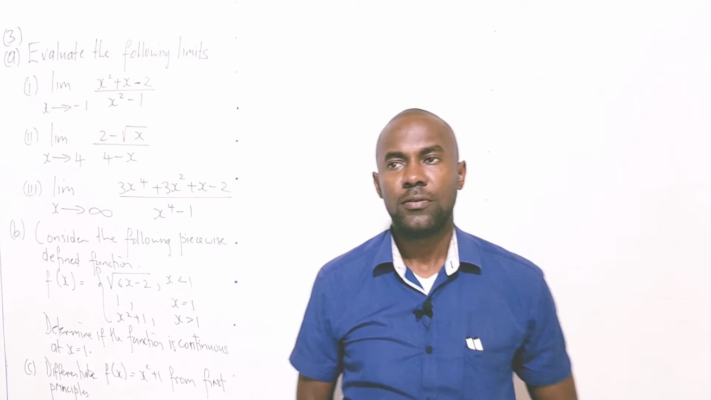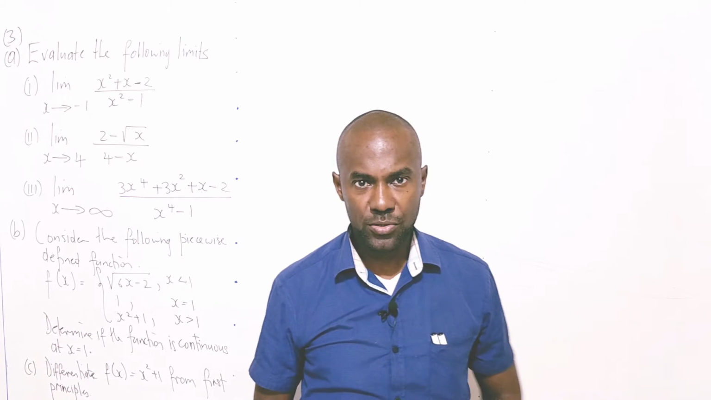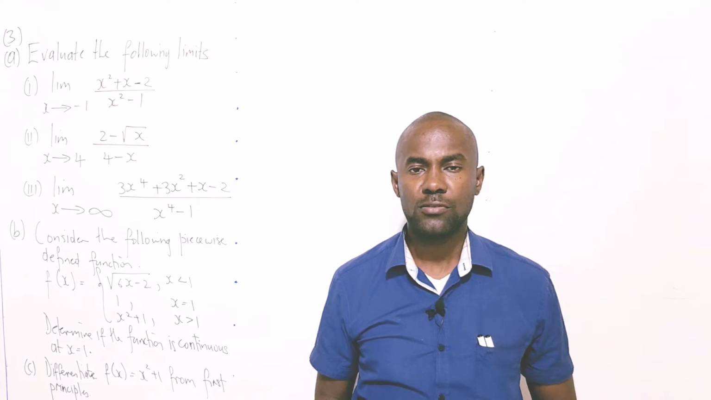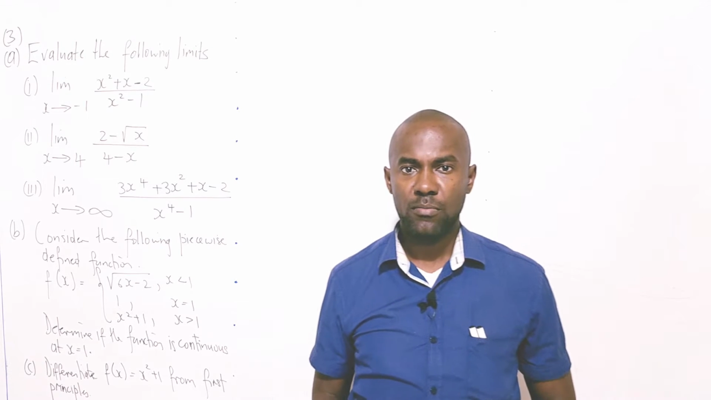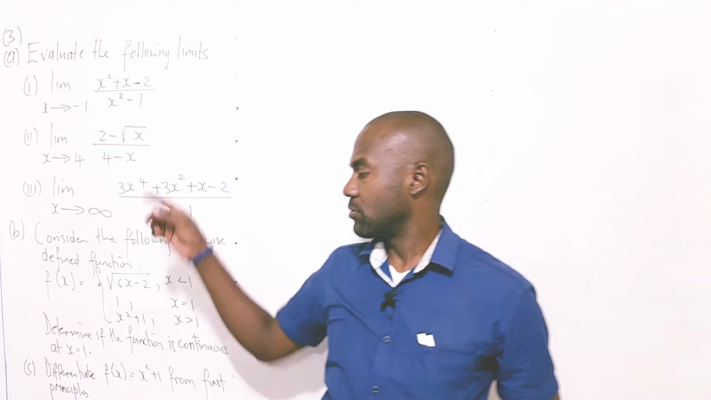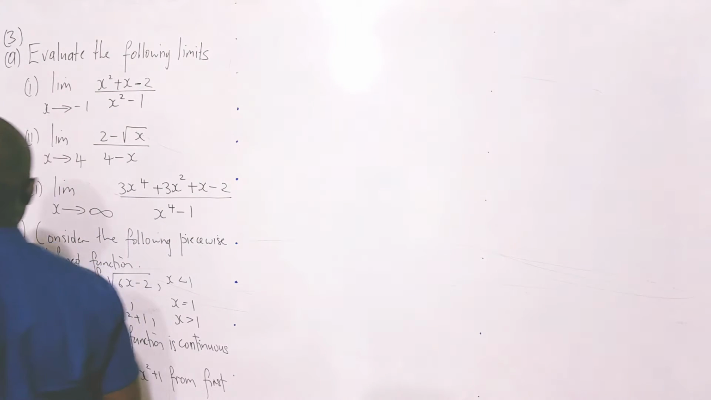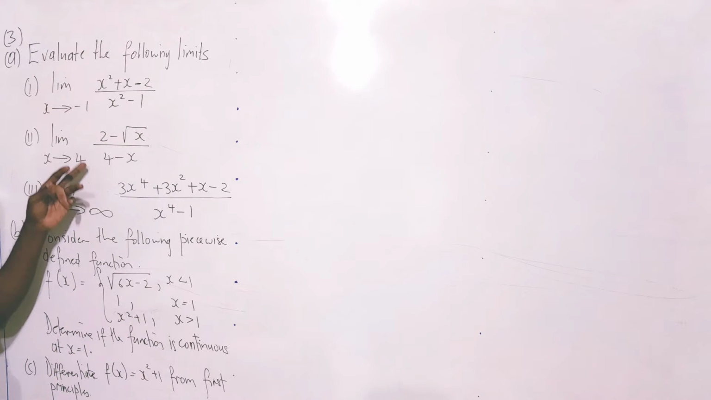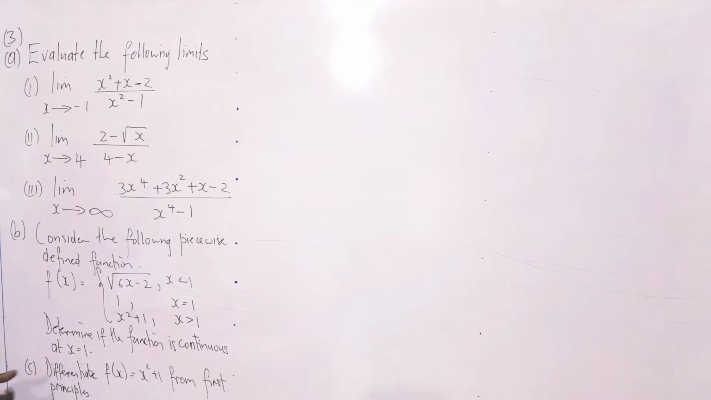Welcome to another video in our series of videos looking at the solutions to the second in-course exam for Math0100, preliminary Math 1. So we're looking at question 3. And question 3 basically involves evaluating limits as x approaches certain values, also checking if a given function is continuous at a particular value of x, and it also involves differentiating from